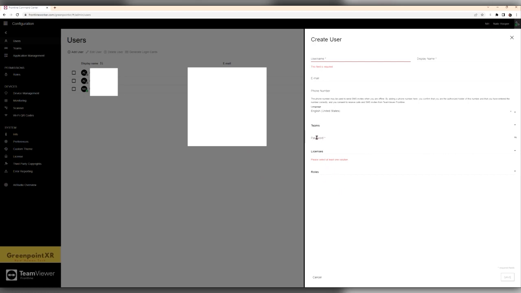set a temporary password, licenses, which include X-Assist, X-Pick, X-Make, AI Studio, and of course, Spatial Editor. Roles,